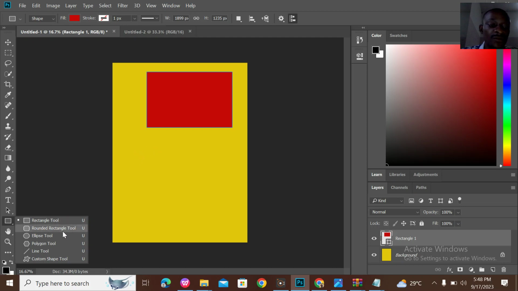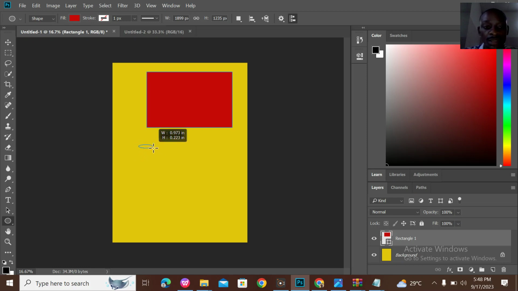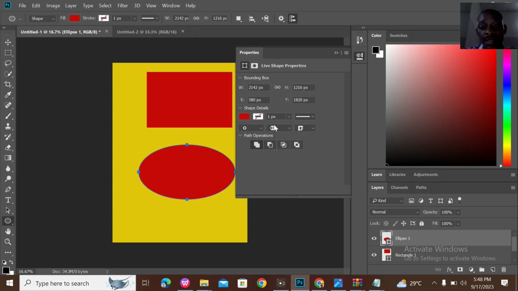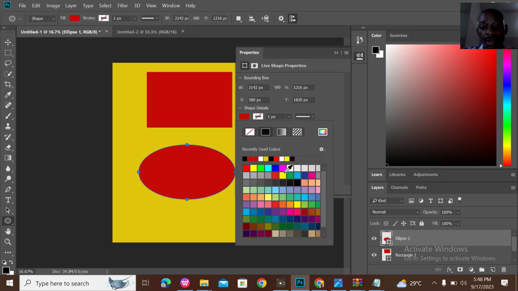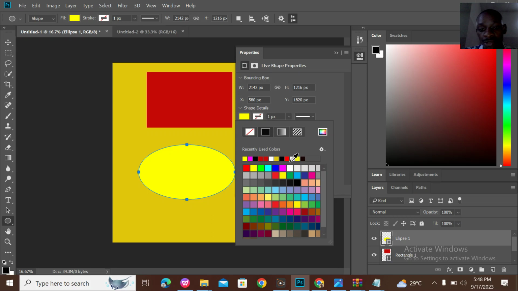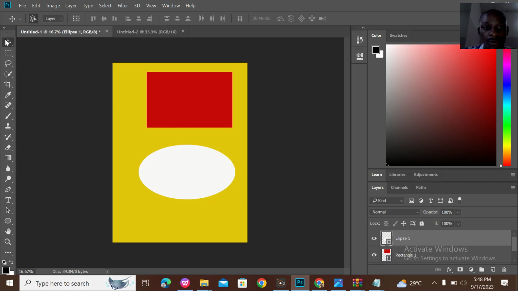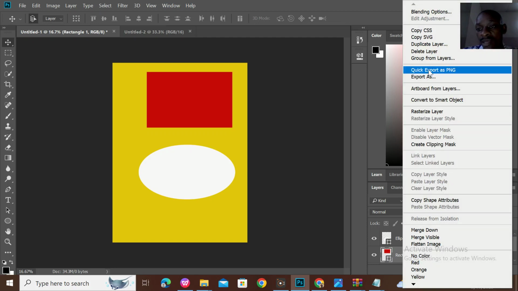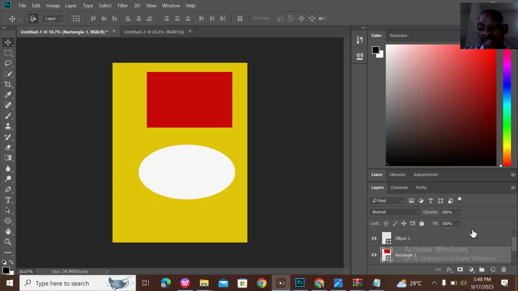First of all, let's make use of the ellipse tool. If I want to click the ellipse tool, this is it. And I already have a tutorial on how to keep your hands as a graphic designer. If I want to change the color to maybe purple or yellow, it will still show the same thing. Okay, I want to change it to white. I've changed it. If I want to delete, let me delete this rectangle and make another rectangle. Now can you see where I'm clicking? I'm right clicking